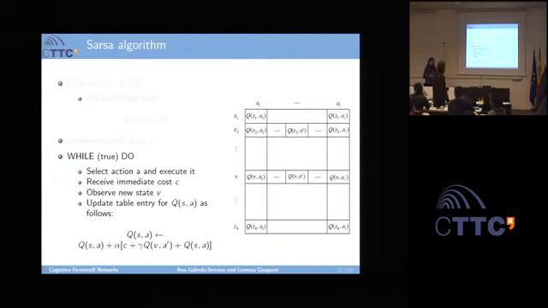Sorry, maybe it's probably my problem that I don't understand. Is this matrix something deterministic, or is it something that changes over a long time? Because you say that you update the table entries, you update the values of Q. But once you have all the actions and all the states, the values of Q are fixed, no? Yes, once the learning process finishes, you know how to behave per each state. So this will be fixed.